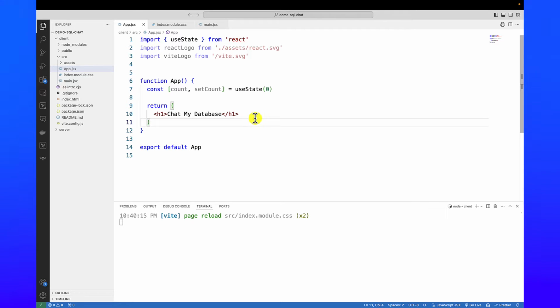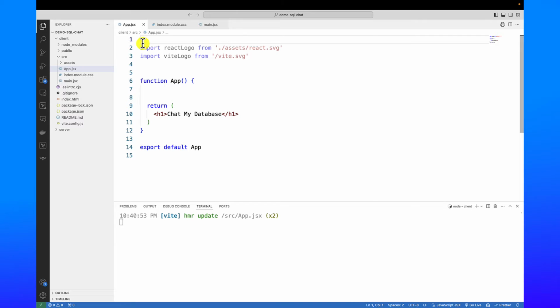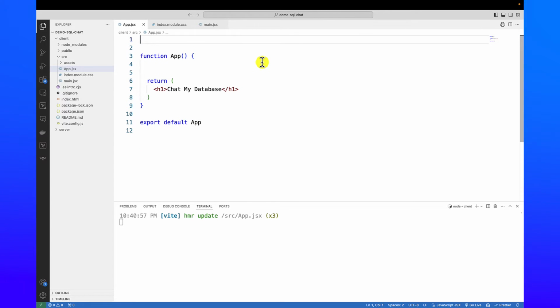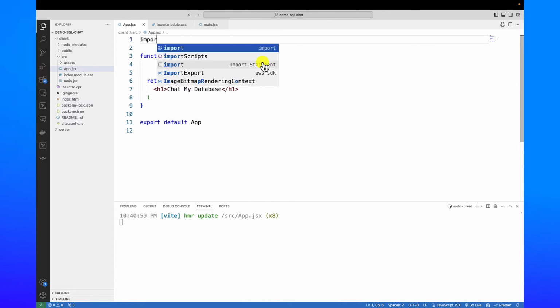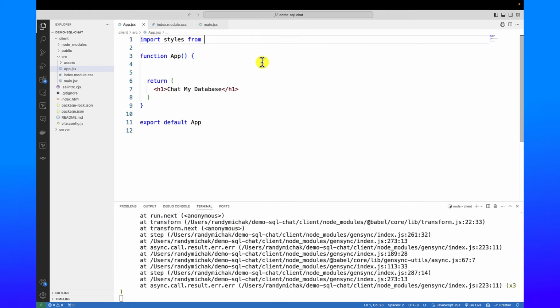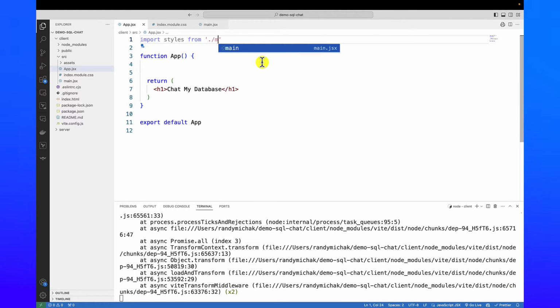All right. So back in my app.jsx file here, again, this is going to be the main React component that we're going to be updating. We're going to go ahead and add in support for that new style sheet. And then we're also going to get rid of a few things that we're not using right now. I'm just going to get rid of these. Actually, I'm going to get rid of all of these here. We don't need any of that. All right, but we are going to import styles from that new file we just created, index